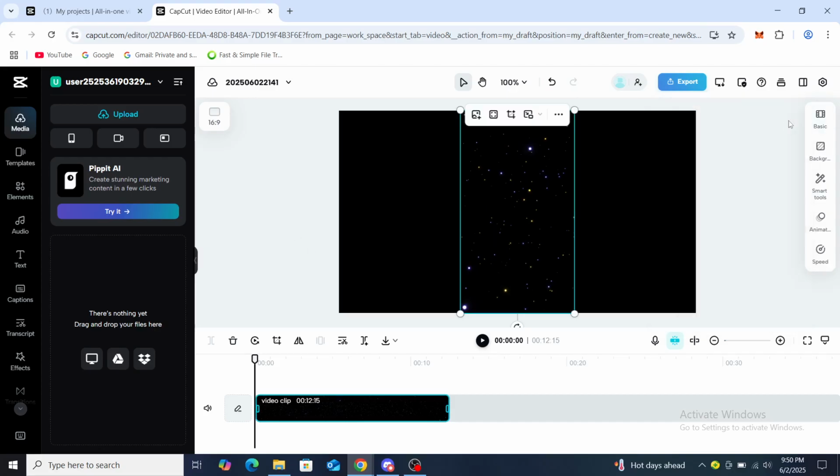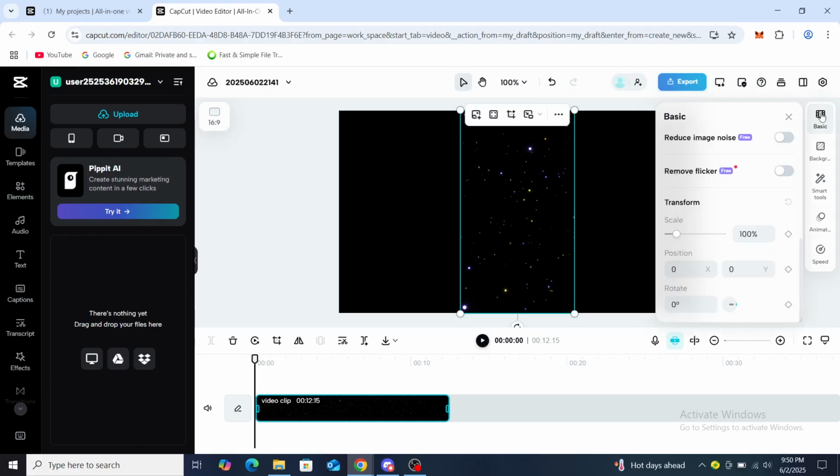If you go, you can see the settings at the bottom. You can see some setup at the top part of the page as well. You can also click the basic. Click the basic on the right side. From here you can see reduce image noise, remove flicker, transform, position, and you can see the option that says